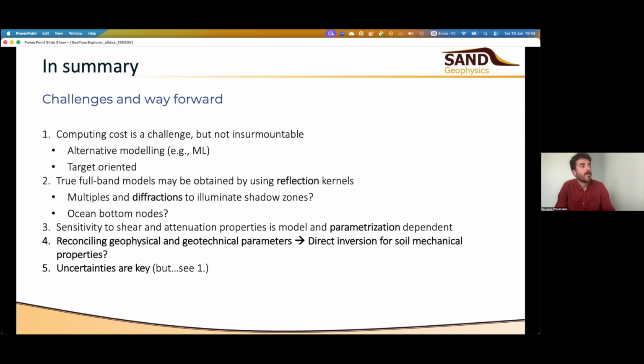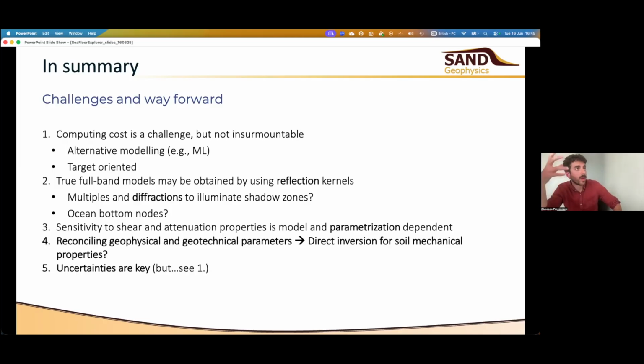Perhaps multiple reflections and diffractions can be also used to increase the illumination of the subsurface, and ocean bottom nodes, as I was saying, to have more diving waves that can constrain your long wavelength. Then parametrization is really important, and uncertainties. But perhaps, in my opinion,